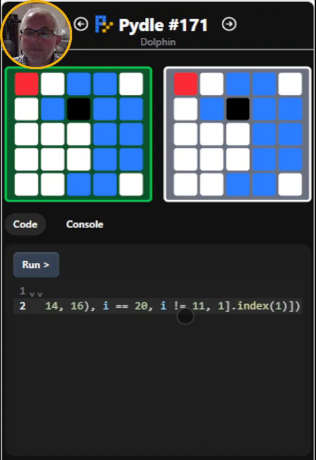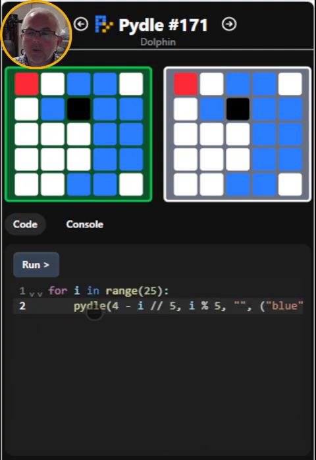So then white is I not equals 11, and then the final one is black. And to save some space, I just did a blank string, an empty string, which is fine because black's the default. So you can see that's just a more compact way of writing that, less readable, but quite a fun